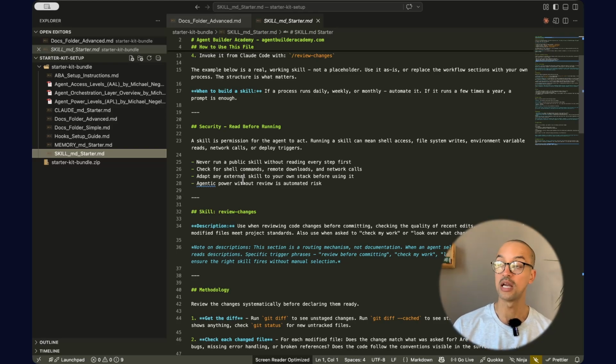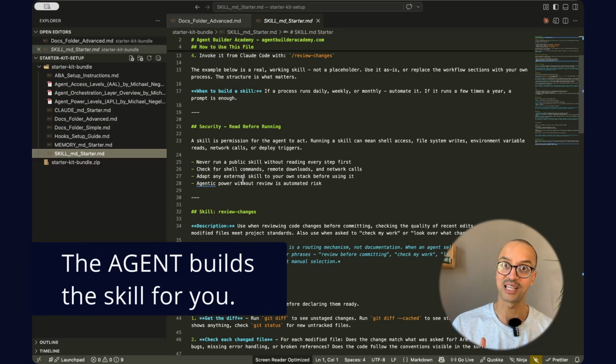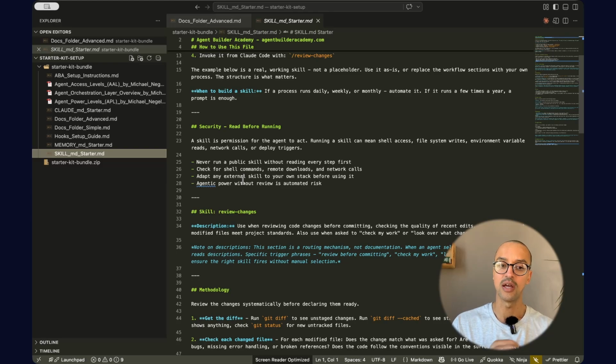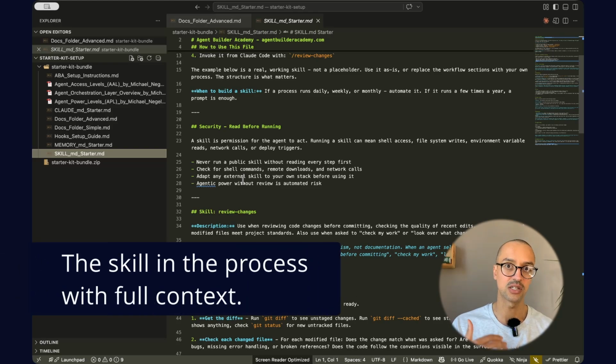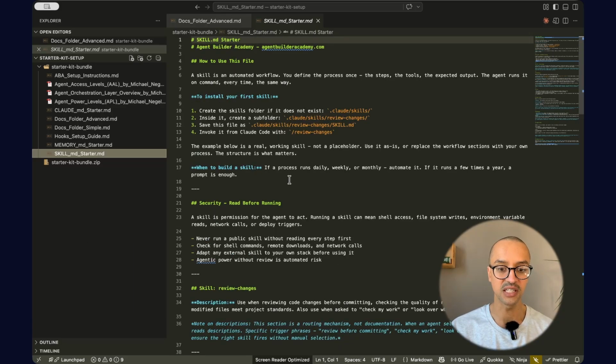If you notice, okay, there's a process that I've been doing over and over again, I just instruct the agent to create a skill for me. Or I can ask the agent, hey, agent, is there a way for us to build a skill for that specific process? Help me out. And the agent will read that instruction and understand, all right, there is something we can do here. Let's create a skill. Now, the SKILL.md files, where do they live? They live here under the